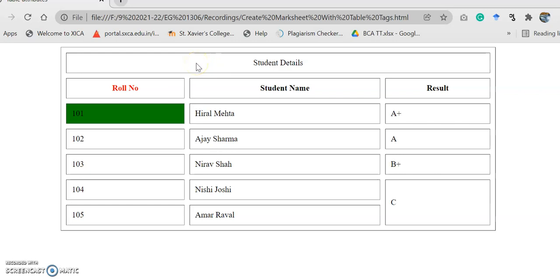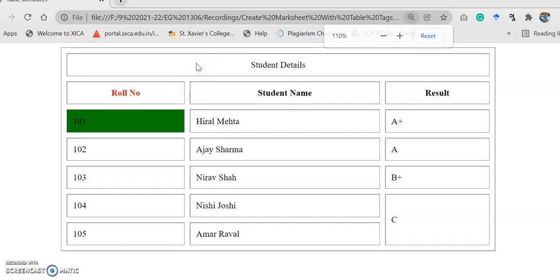And as you can observe, in the first row, all the cells have been merged. If overall you look at the table, you can see 1 2 3 4 5 6 7. 7 rows are there, and 1 2 and 3 columns we have, right? But here you can see that the first row with the 3 columns have been merged, right? So all the 3 cells merged together just to make one cell.